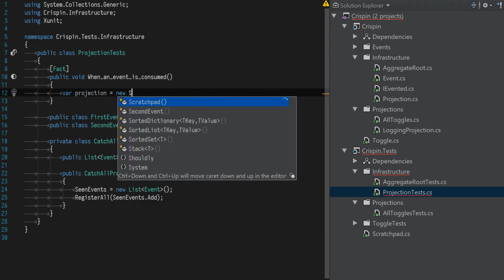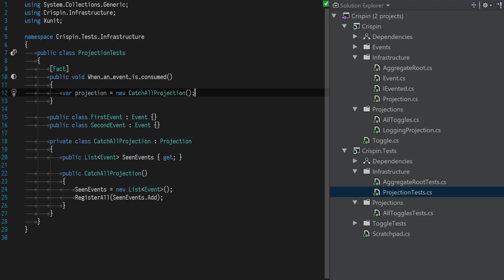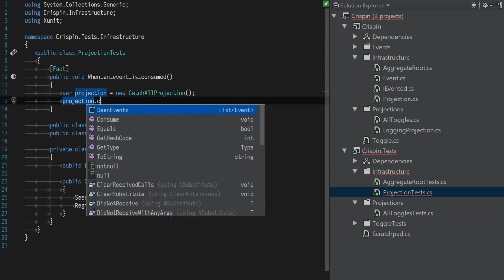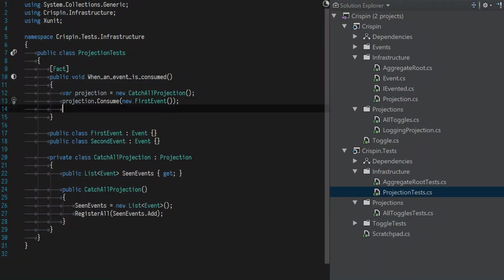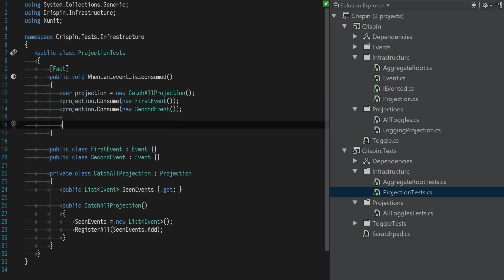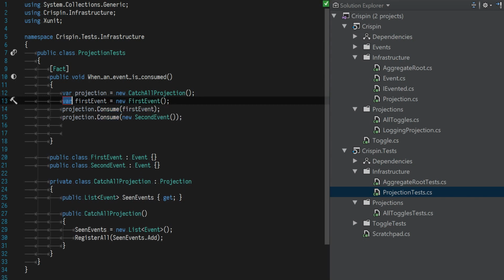New catch-all projection. Consume new first event, new second event. And I want to affirm that these were actually stored, so RV first, RV